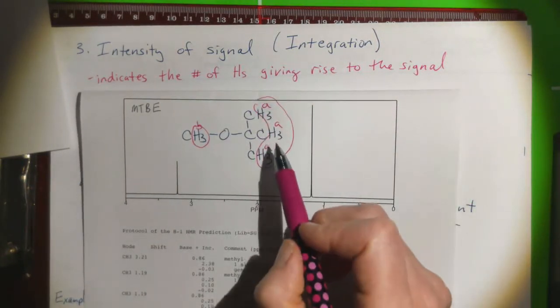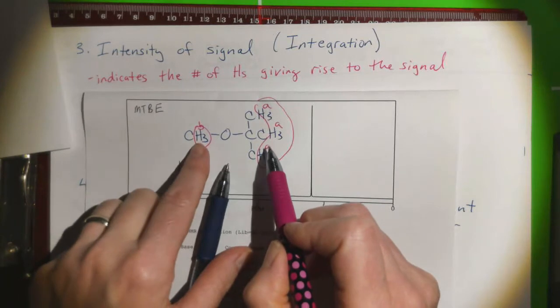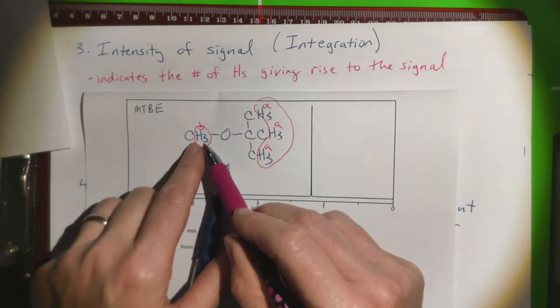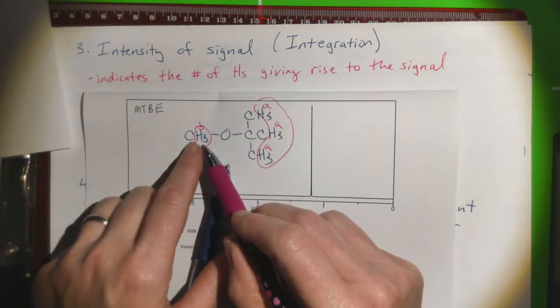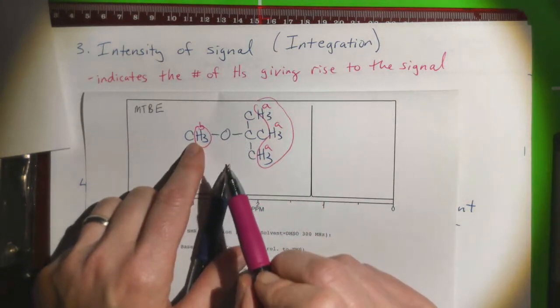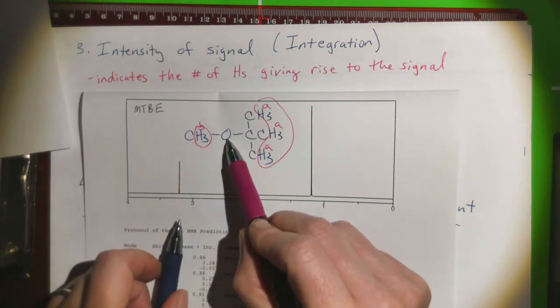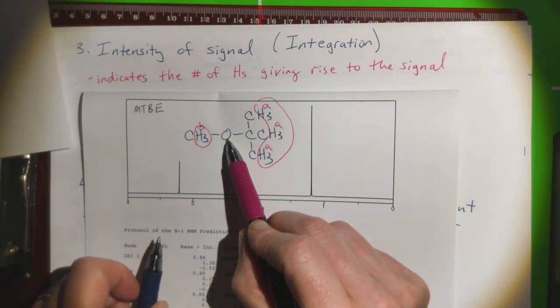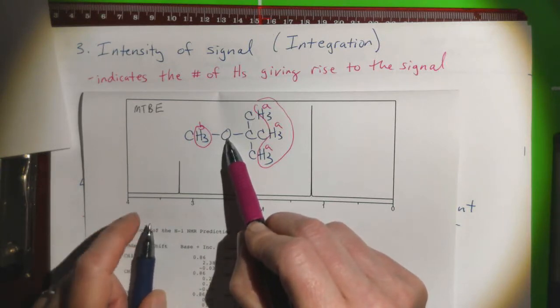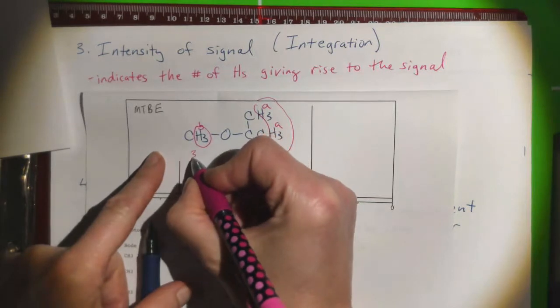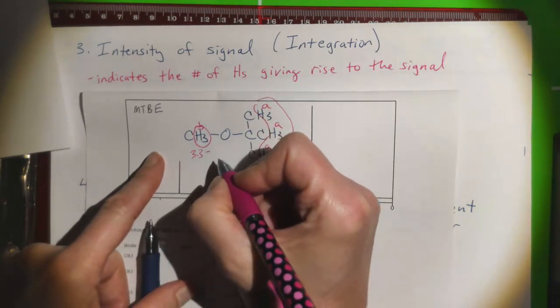And then we expect, so where do we expect this one to be? Okay, so it's a methyl group, and I won't screw this one up this time. and it's connected to an oxygen. So it should be in that ether range. And I think that ether range was, let's see, 3.3 to 3.9